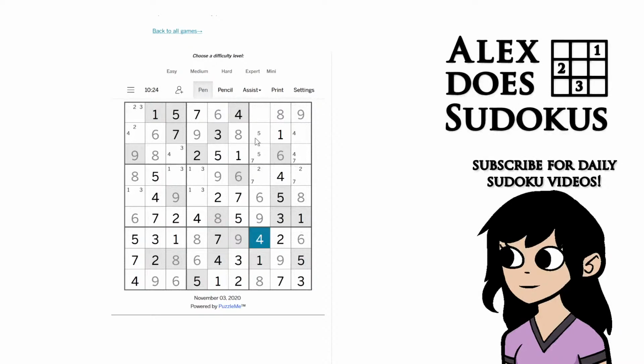5, 4, 7, 7, 2. Wow, I haven't actually unlocked those, so that's a bit shocking. And there must be something else here. So that 4 unlocks the 4, 2 and 3 there. So what does that do? That means that has to be a 2. And if that's a 2, then a 7 and 2 are unlocked, which means 7,